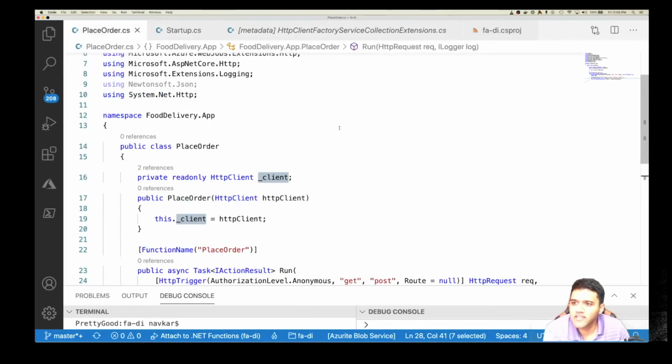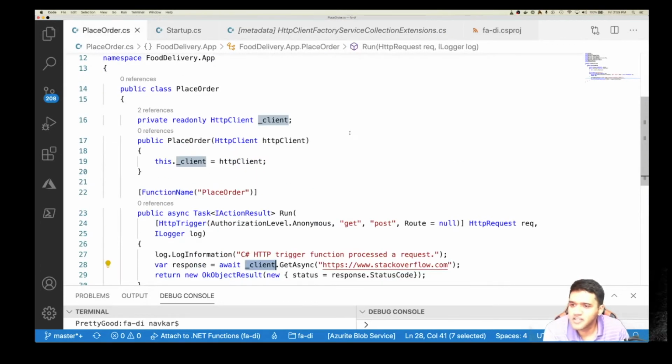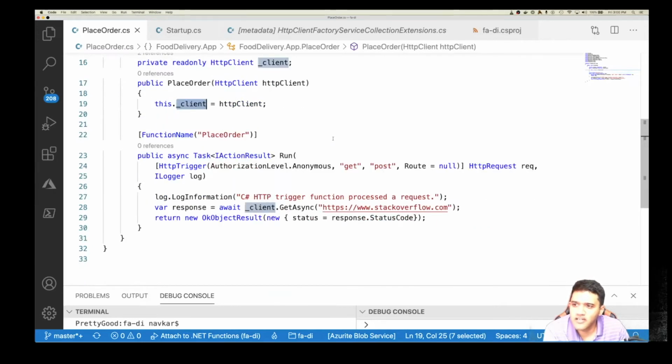So coming back to PlaceOrder, I have this constructor injected here, HttpClientFactory. The HTTP client factory is being injected via the constructor, and I'm getting this client object which I have declared at the class level. So I'm using the client object, creating an instance of the HTTP client, and then sending a GET request to Stack Overflow and getting the response.